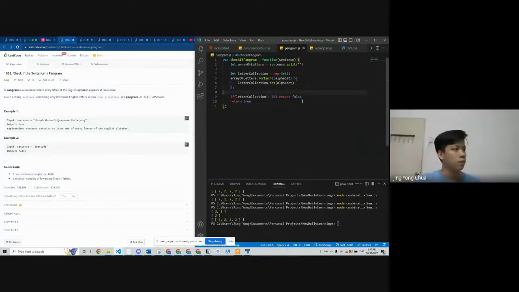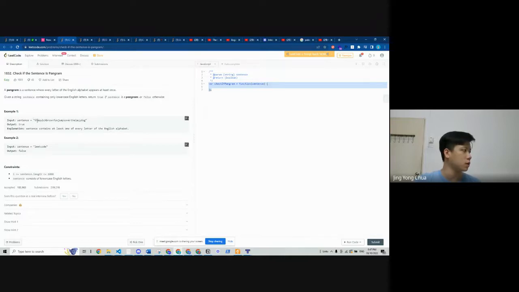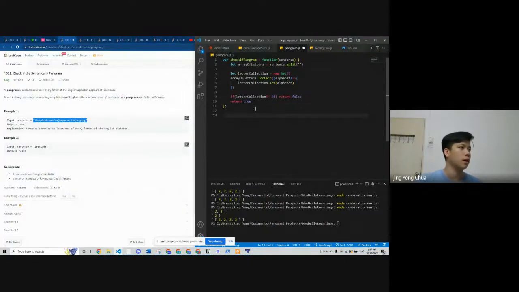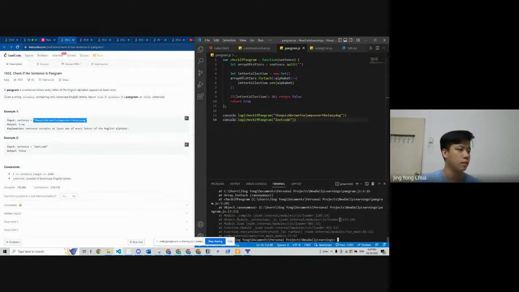Okay, let's give this a try. And what are we testing with? We're testing with this. Check, this one equal. Okay, let's give this a try. This is node. What happened?